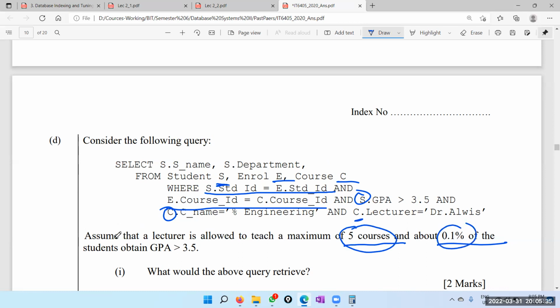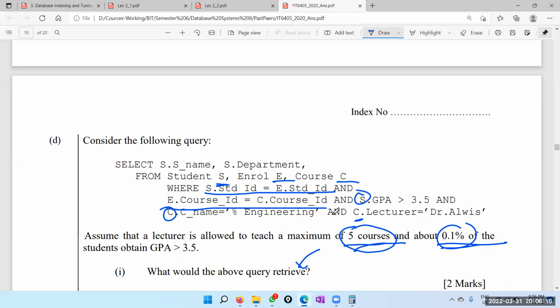Maybe they're asking something later related to this, because I don't see any reason why. Maybe the examiner wants you to explain what is the purpose of this query. I don't know, that is what I got. I assume that these numbers will be used for part 2 and other things, because I don't have to refer to this to answer this. If it is just what is the purpose of this query, then I will just say this will retrieve